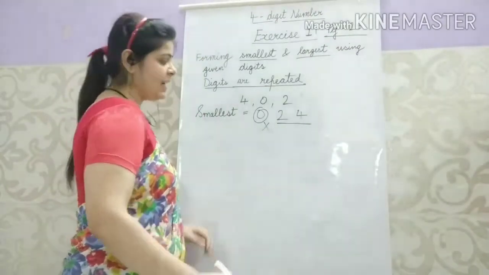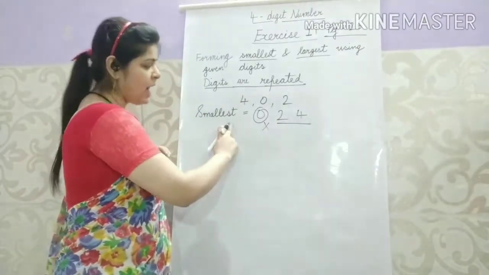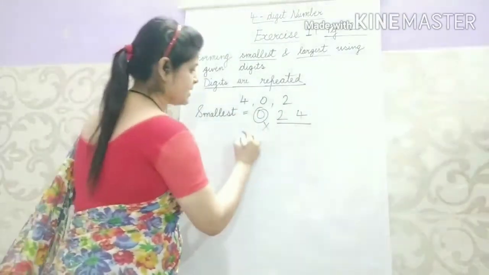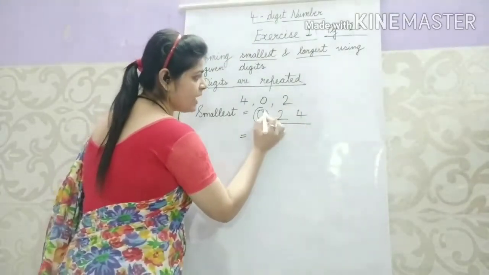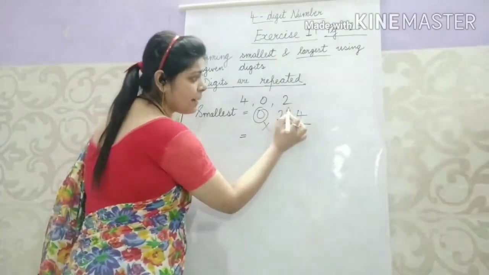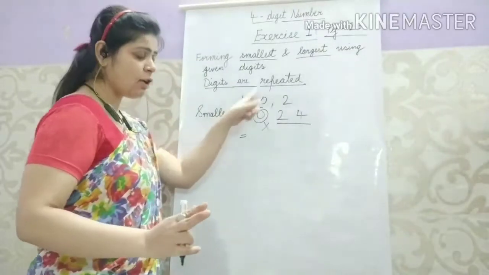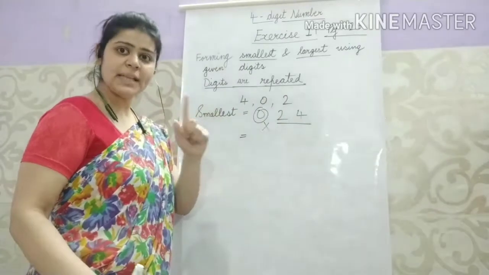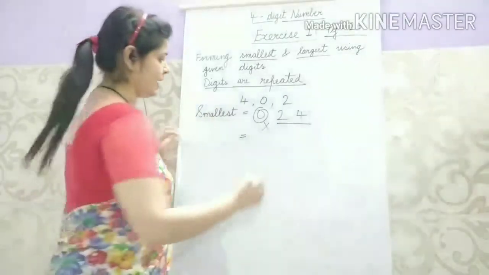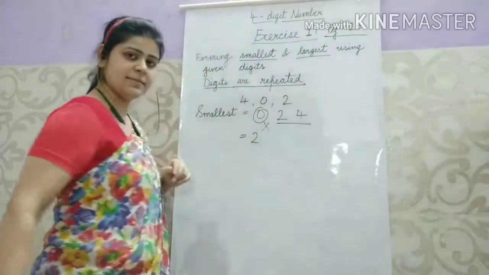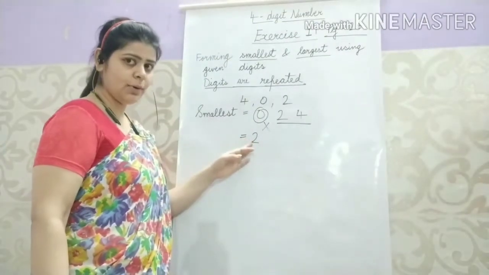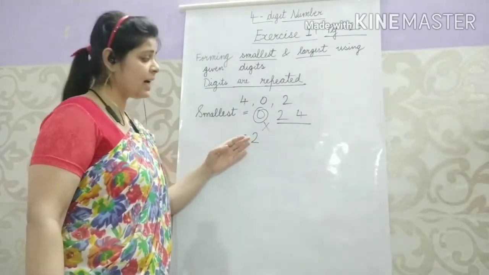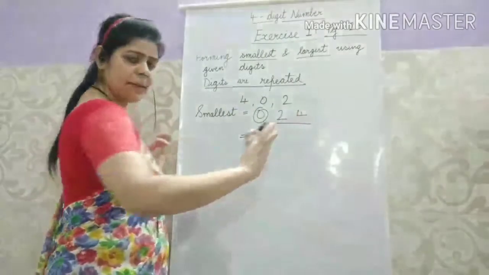But if we are writing like this, we have to make a smallest number ना, हमें सबसे छोटा number form करना है, तो हम कैसे करेंगे? We will write like this. See, first of all, if 0 is of no use, तो हम क्या करेंगे? हम दूसरा छोटा number देखेंगे. 0 के बाद जो भी numbers होंगे, 0 के बाद जो number सबसे छोटा होगा, हम उसको सबसे पहले लिखेंगे. Okay? So like this. We have written 2. And what we have to form? We have to form the smallest number.